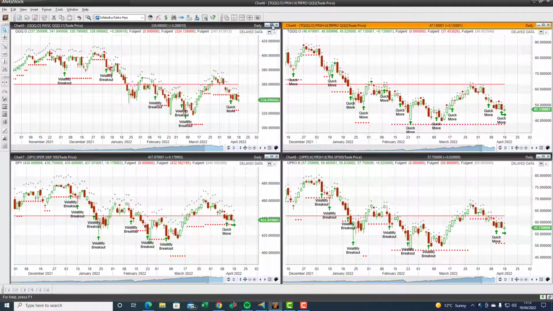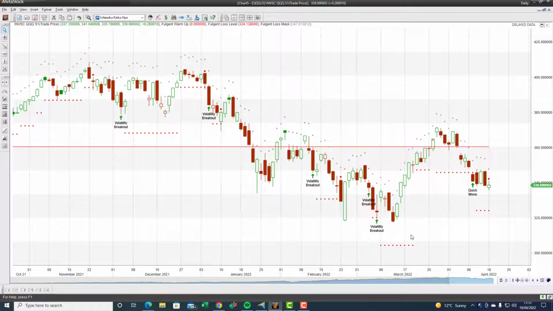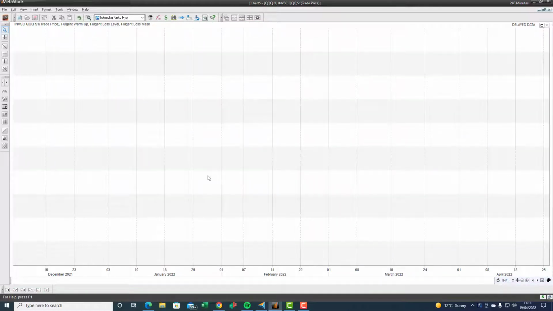If we look at the QQQ next, maximize that window, we can see on the 9th of March we had a lovely volatility breakout signal, and the AI did put a very wide stop loss in. And the AI gets out of a position at a trailing stop, or if it's generating a sell signal. So yeah, it hit the trailing stop. We then got a quick move signal. Then it also exited that quick move signal. So that's the situation on the daily chart. We've had a nice little relief rally in, but the AI is now sitting on the sidelines on the daily chart, for example. If we look at the 4-hour chart for the QQQ using the AI, it takes a